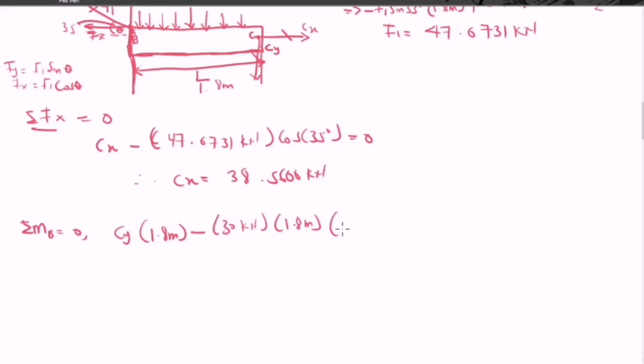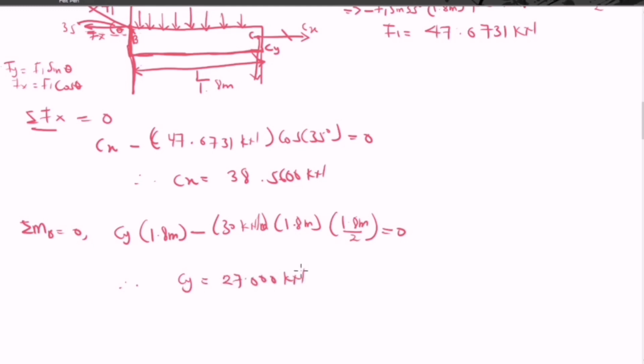And the distance, so we are moving from this side. The distance it's moved to B will be what? 1.8 meters divided by 2. And we equate that to 0. I hope you understood that, because this represents the force. We need to find the force from the W, because when you multiply kilonewton per meter by meter, you're going to have the force. So this is going to represent the force multiplied by the distance. So when you do that correctly, you're going to get our Cy to be equal to